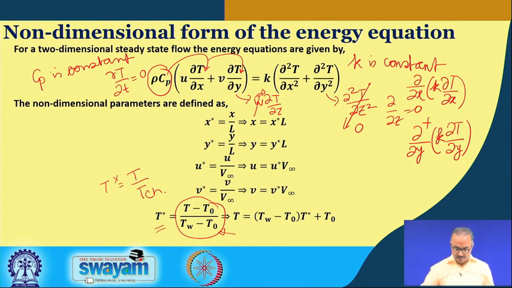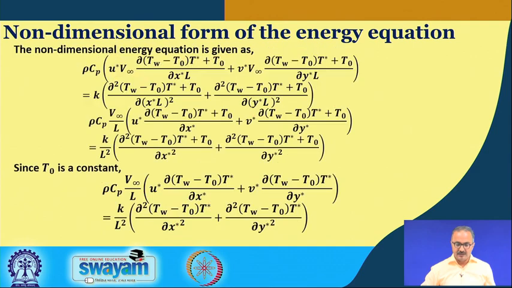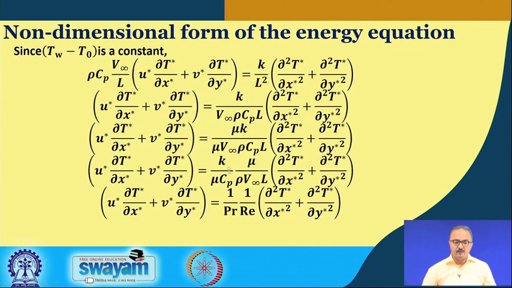Now, after doing this kind of definition, we simply put all those non-dimensional numbers in the energy equation, and we get this particular equation. These are simple mathematics, so you can do it yourself. Again you see the basic form of the equation remains the same in non-dimensional form as in the dimensional form. Only thing is, we get some other terms, which are the extra terms coming up.